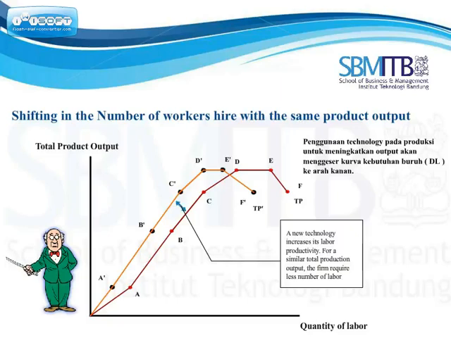With the adoption of new technology and total production unchanged, the curve will shift to the left, as fewer workers will be needed to produce an equal amount of product. As the firm increases its labor productivity by adopting new technology, the firm will hire fewer workers for the same total product output.